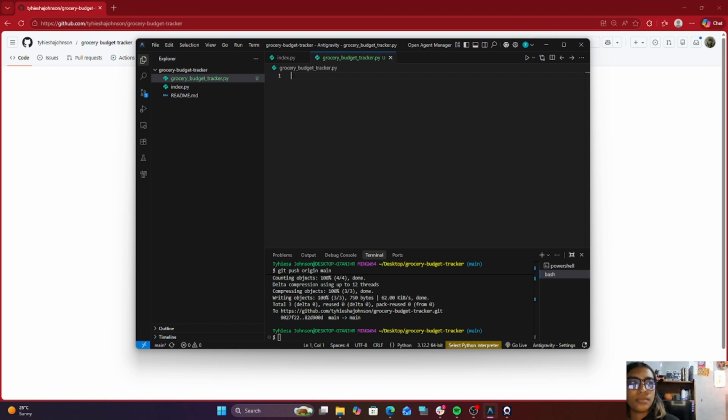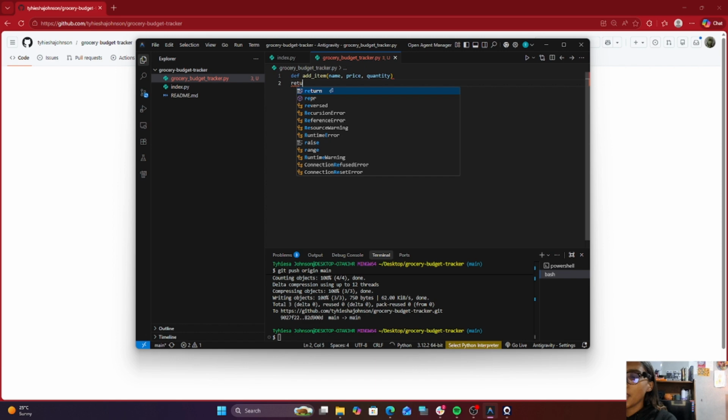Okay, so let's define what we're going to be doing. We want to create a grocery list, right? A grocery budget tracker, right? So we're going to say define, we're going to add a function name. We're going to say add_item. We're going to create parentheses, and inside of that parentheses, that's going to be our parameter. That means it's expecting something, right? So it's going to expect a name, a price, and the quantity. Okay? And what it should do, it should return,